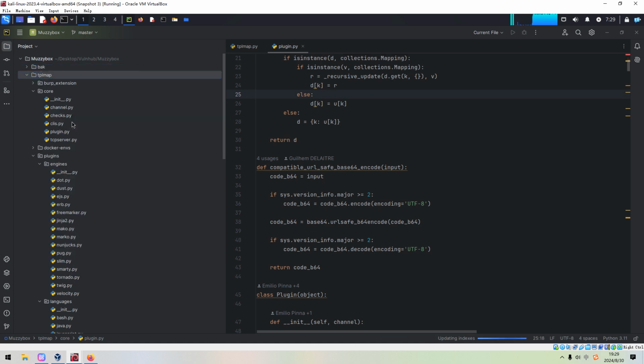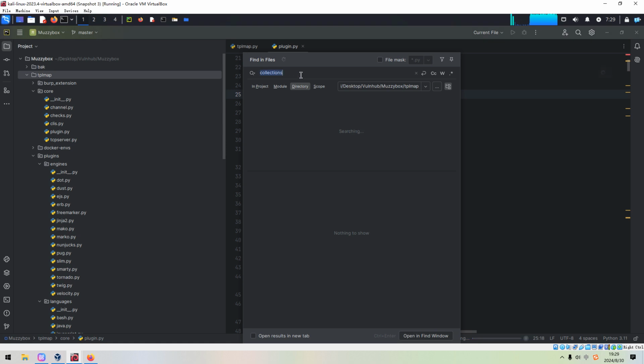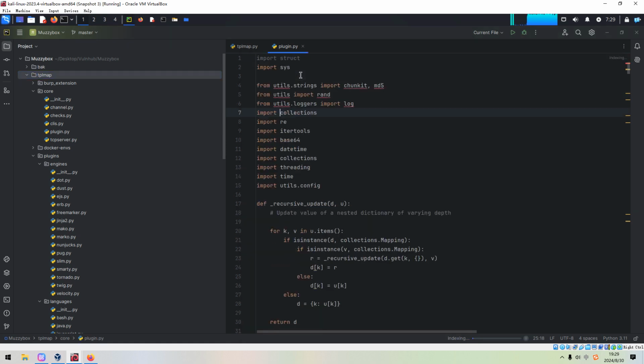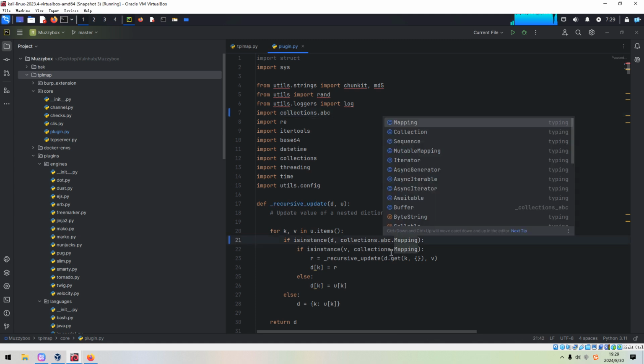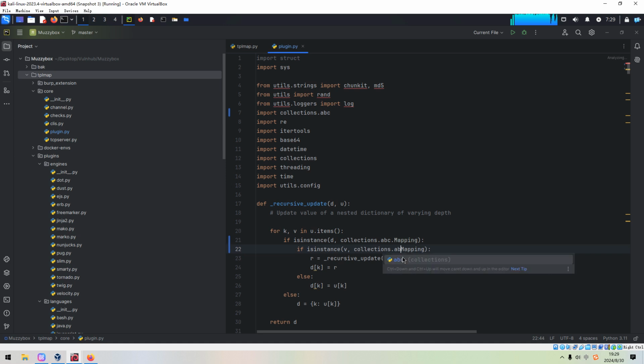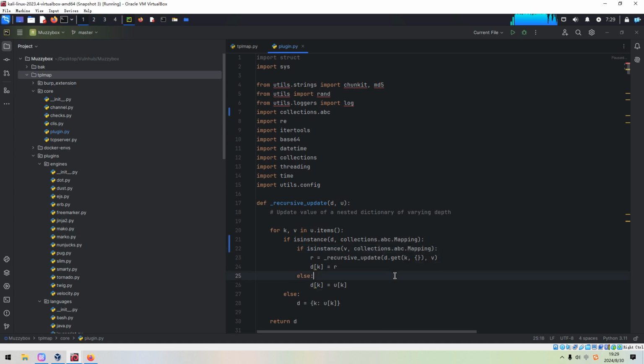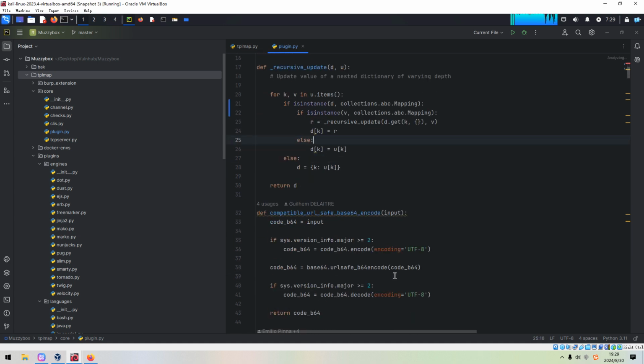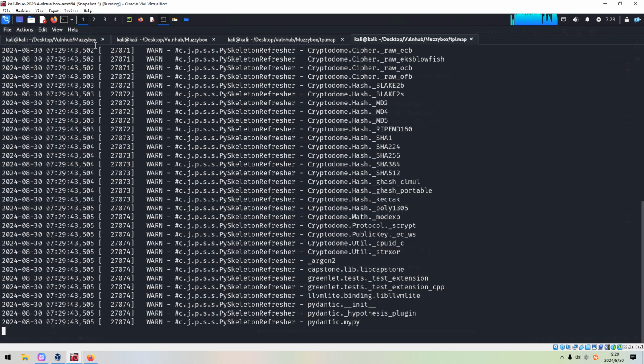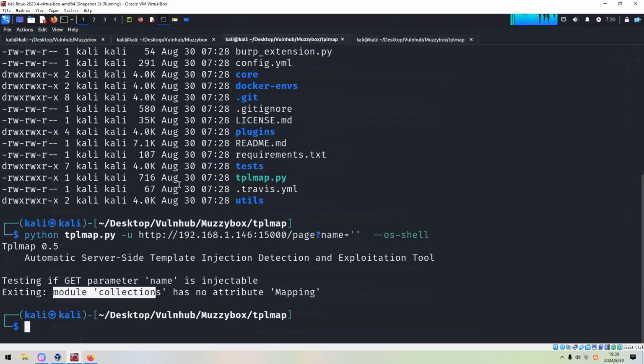Search, find file in files. We can search collections, press enter. As you can see, the plugin. And here we need to use the ABC. And also here we need to use ABC. And similarly this one. And then the problem can be solved. We can save. And now we can run this script again.